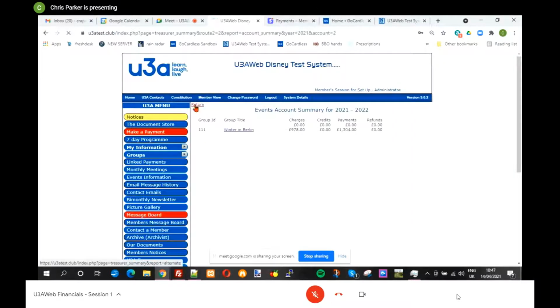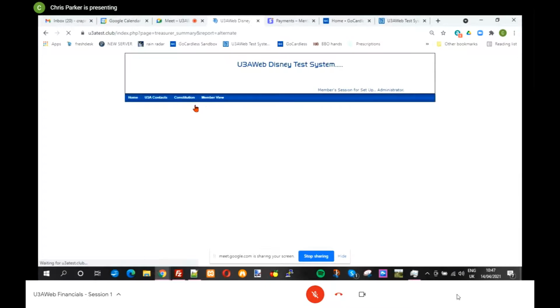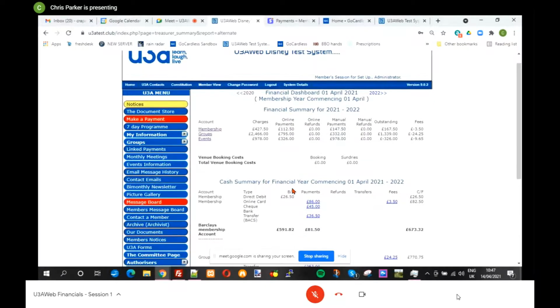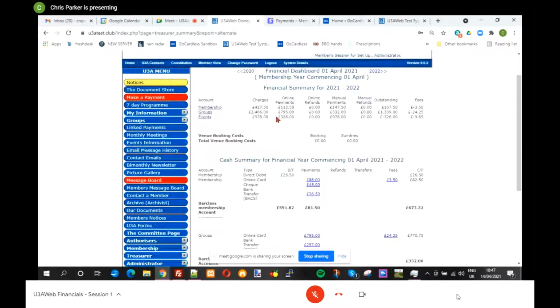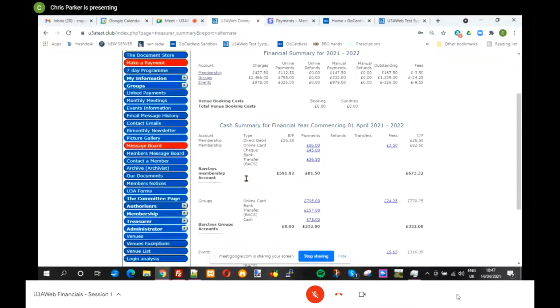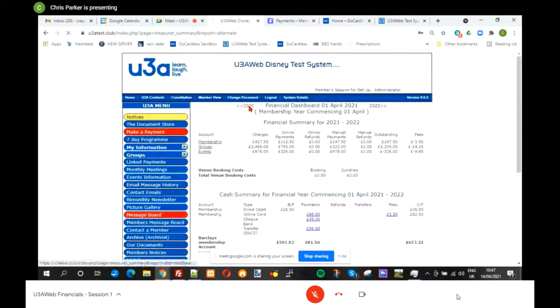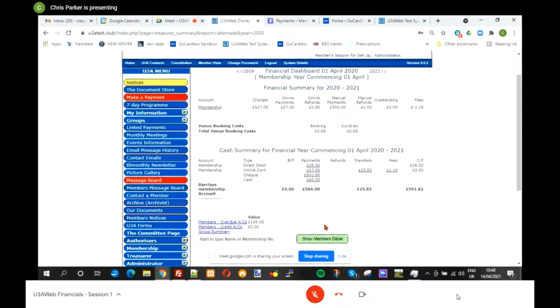Right. So let's go to the top part. That's the financial summary. That's your income and expenditure, if you like, and the bottom part is your cash flow side of things. And I think probably what I'll do is go back to last year just to try and simplify it a little bit. So what we've got here is